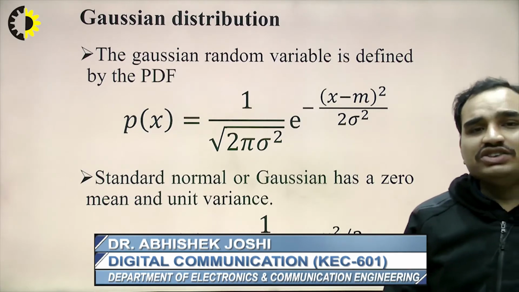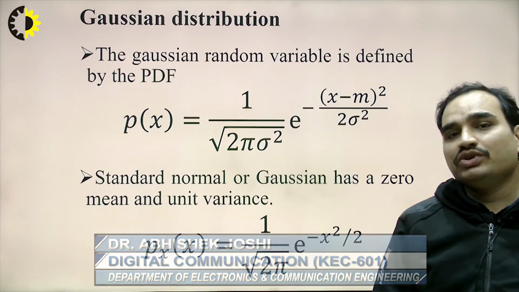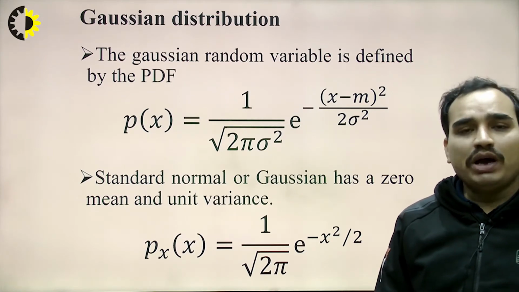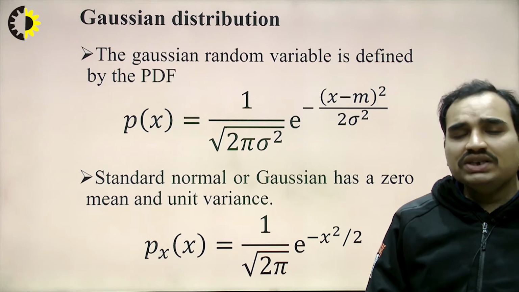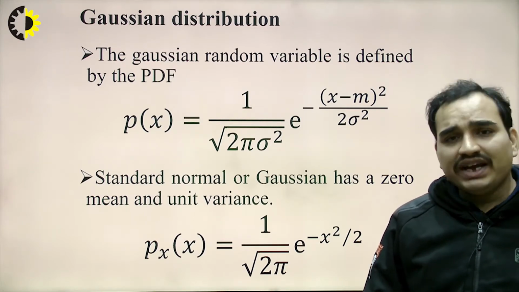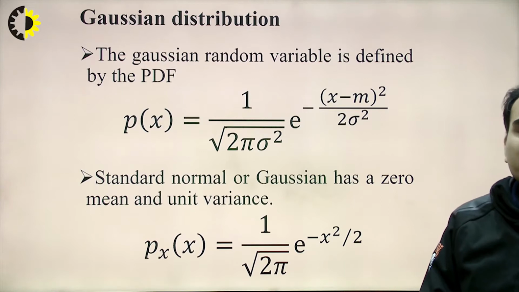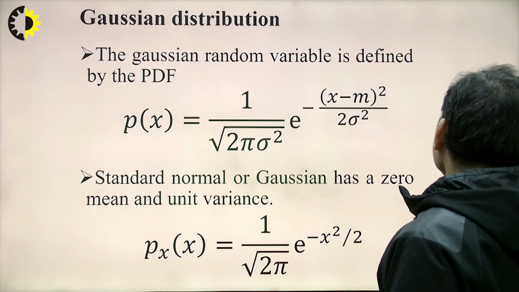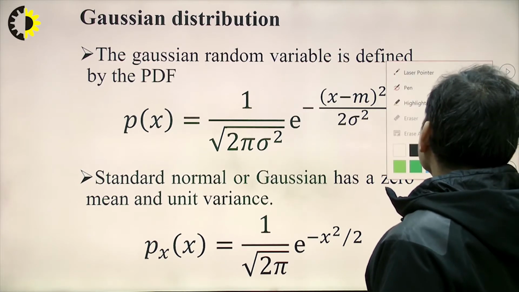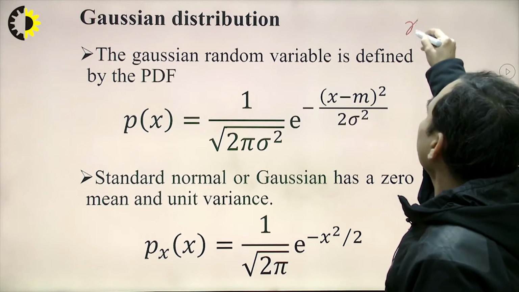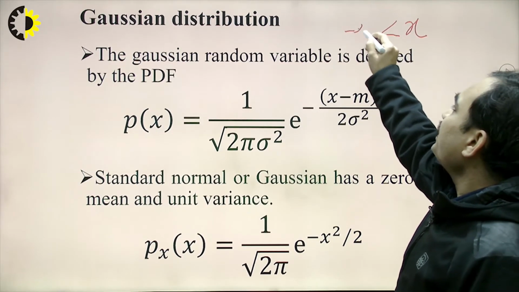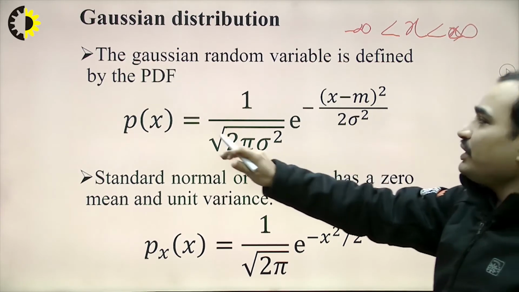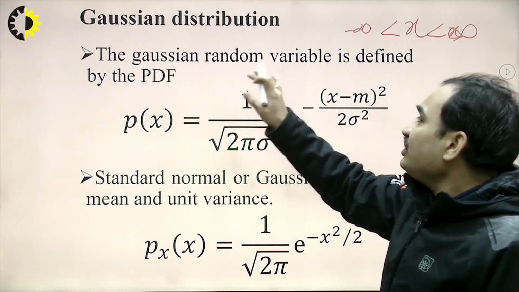So, what is the Gaussian distribution? The Gaussian random variable, because earlier also we discussed random variables, the cumulative distribution, the probability density function. So, what is the Gaussian distribution for a random variable x, where the value of x lies between minus infinity to plus infinity? So, for this random variable x, we are defining the Gaussian random variable